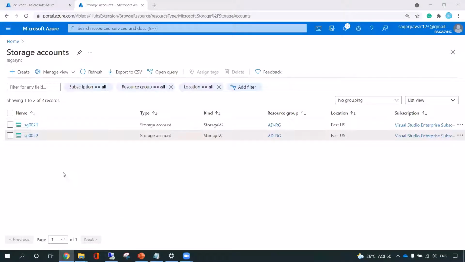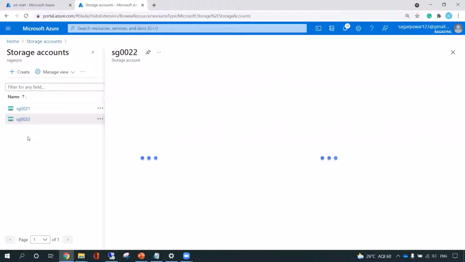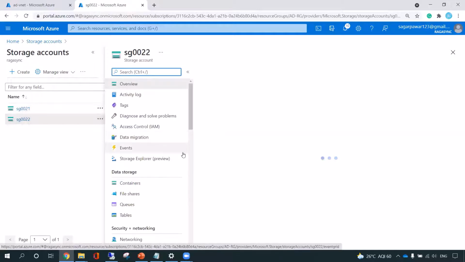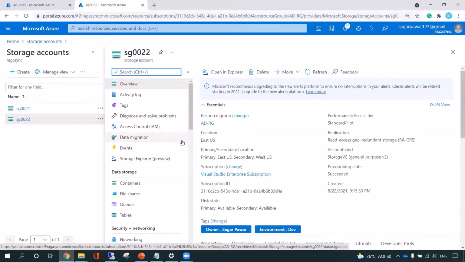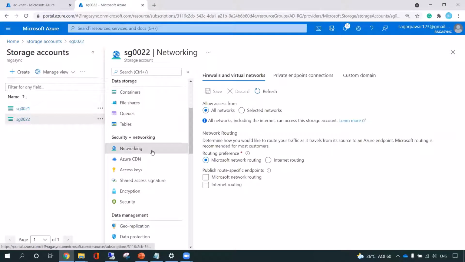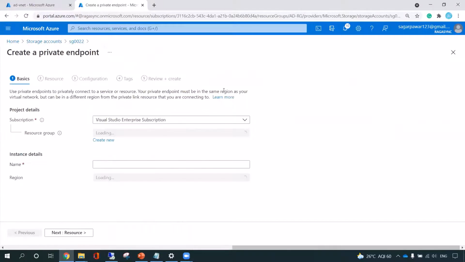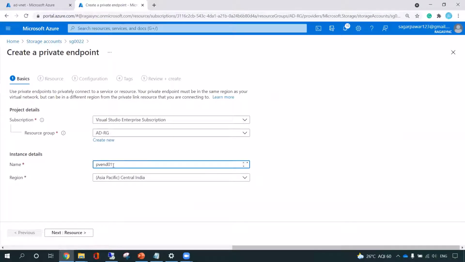Now I will show you how to use the private endpoint to connect to this storage account. Let me open the storage account and go to the networking section. Over here, I need to go to the private endpoint connection, and now I have to create a private endpoint. I have to select the subscription and resource group, and give a name, private endpoint 01.